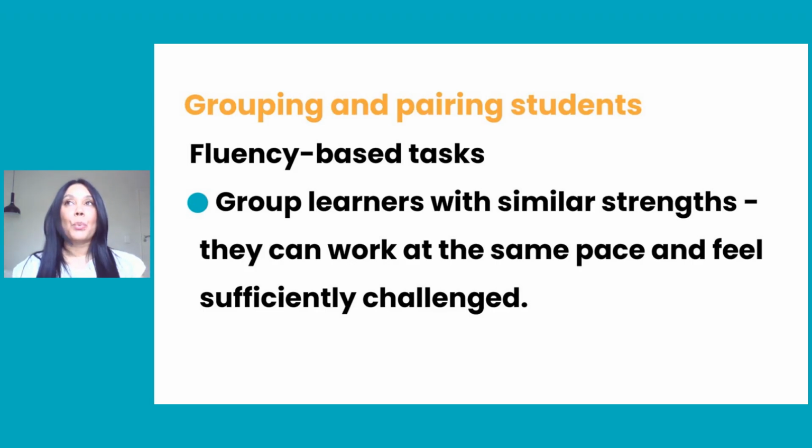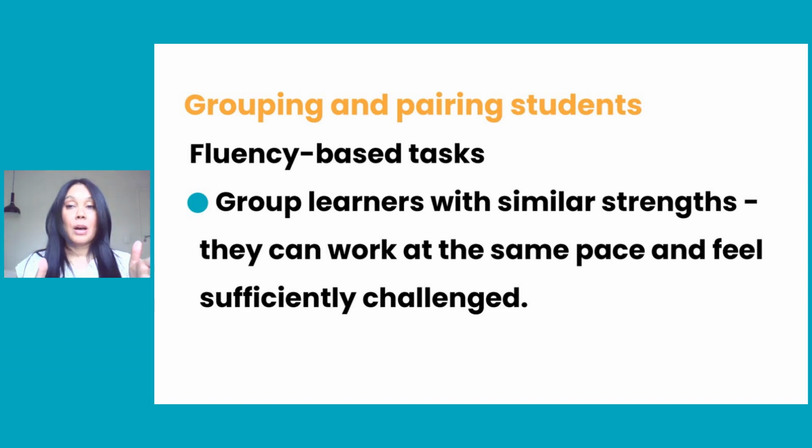Because what happens when there's uneven pairing is that the students who are struggling, they go quiet, or they feel disgruntled, or they feel frustrated because, oh, I don't know as much as that person knows, or that person is just taking over and I'm not really getting a chance to produce the little that I do have. So again, there's a difference here, right?